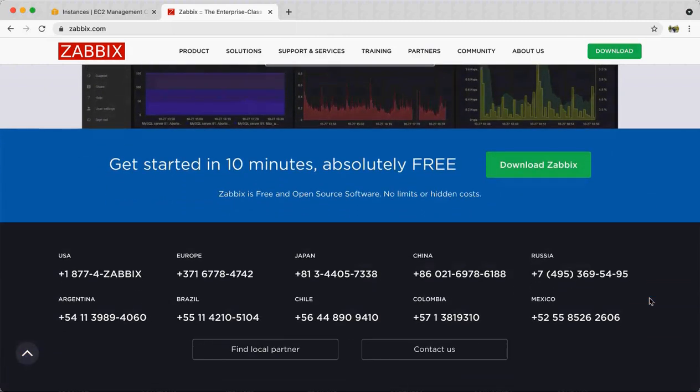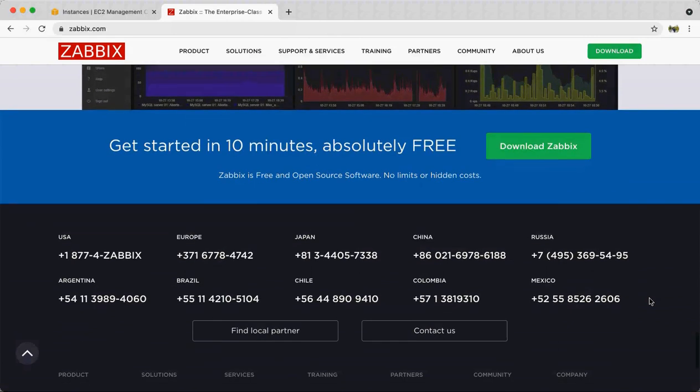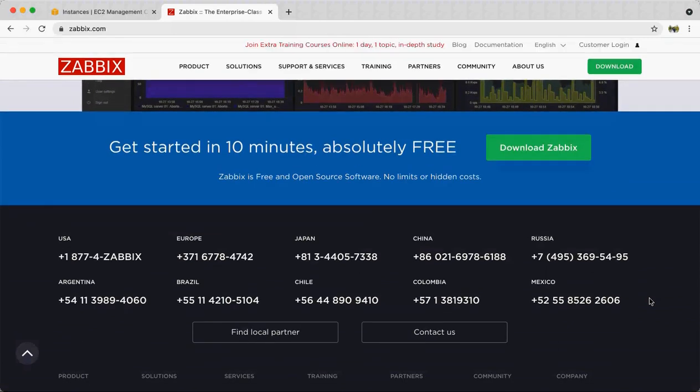Installation of Zabbix is very simple and straightforward. It can be installed in multiple environments. One environment can be the traditional way, where you have different virtual machines and you can set up a Zabbix server, a basic Zabbix solution, and monitor those virtual machines. You can also configure Zabbix so that it can monitor the application itself.